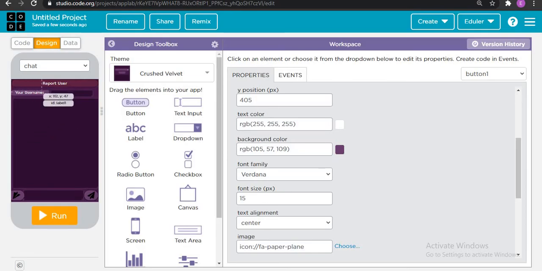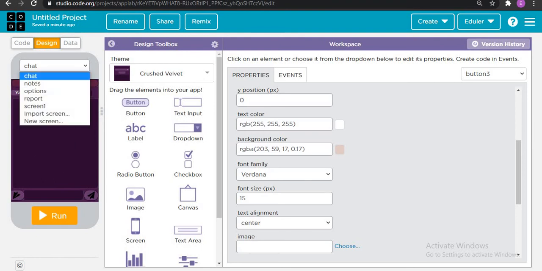Then insert one label, and here the theme which I have chosen is Crust Velvet. You can choose any theme as you want, as I have told you previously also. So one label, your username, one text input, and one button which is report user. What if the user clicks on the report user button?